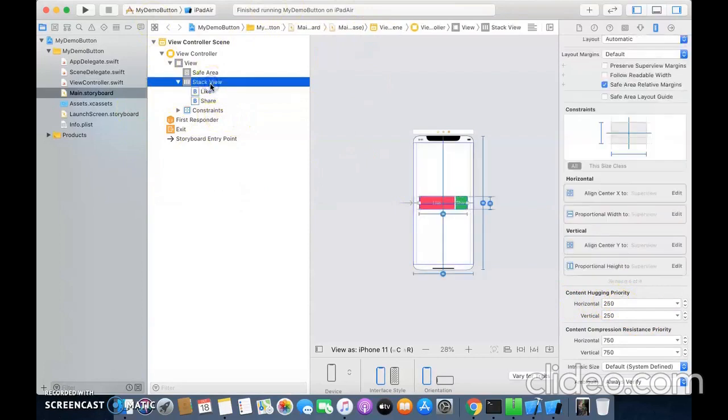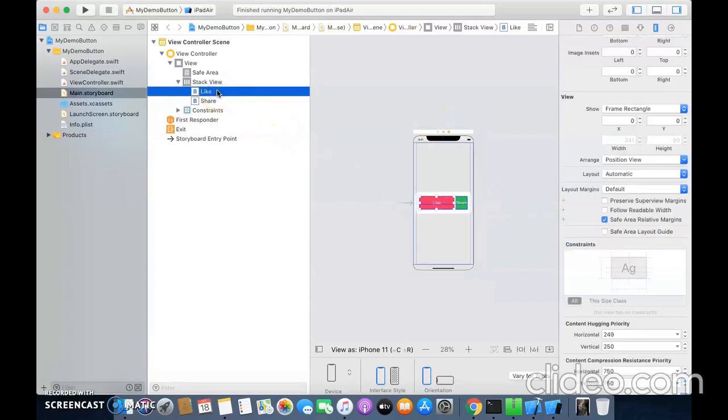Now let us just increase and decrease the size of the stack view, and we will see that if we increase the size of the stack view, the lower priority button should expand and the higher priority button should contract. So the lower priority button is the like button and the higher priority button is the share button. So the like button should expand.